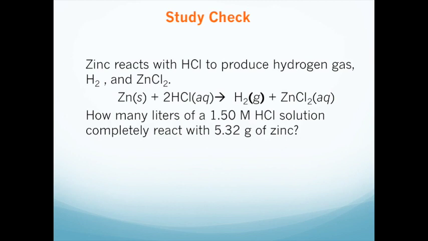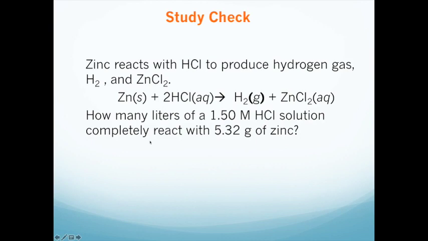So here's an example. Zinc reacts with hydrochloric acid to produce hydrogen gas and zinc chloride. The reaction is here. Solid zinc plus 2 hydrochloric acid molecules yields 1 molecule of hydrogen and 1 molecule of zinc chloride that remains in solution. So the question is, how many liters of a 1.5 molar hydrochloric acid solution will completely react with 5.32 grams of zinc,